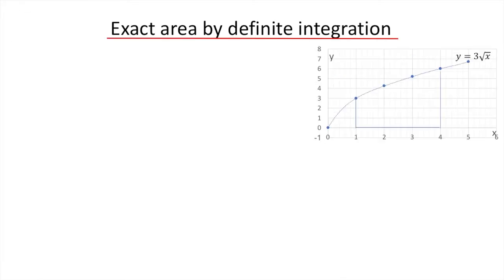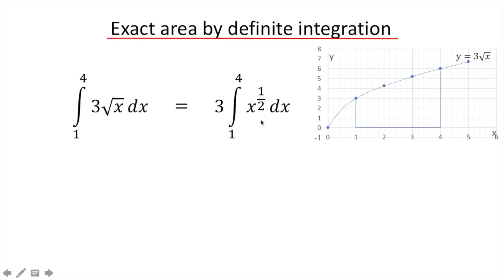And if you've studied definite integration, you will know how to calculate this. Please pause the video now and calculate the definite integral to give an exact value for the area before you watch my solution. Firstly, we can simplify by writing the square root as x to the power of a half. Then to integrate, we raise the power by 1 and divide by the new power,